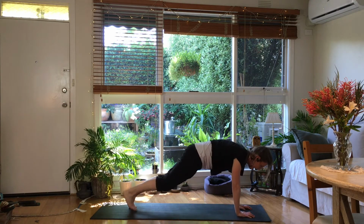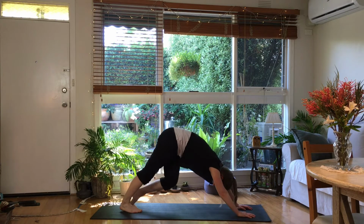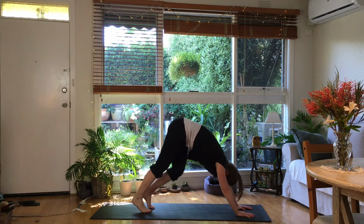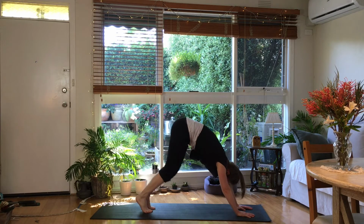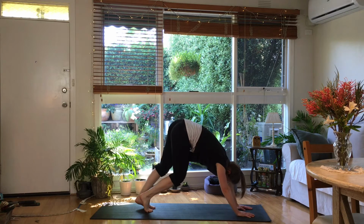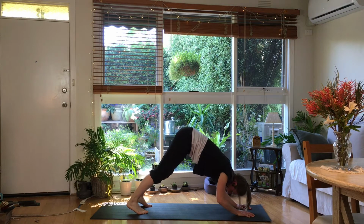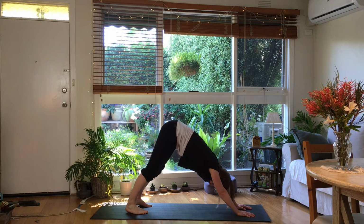Good, level off. From here, lift the butt. Walking through a down dog. 2, 3, and 4. Lifting the butt nice and high. Take it across the body. Good. From here into our little down dog